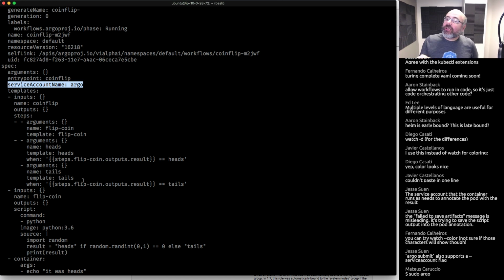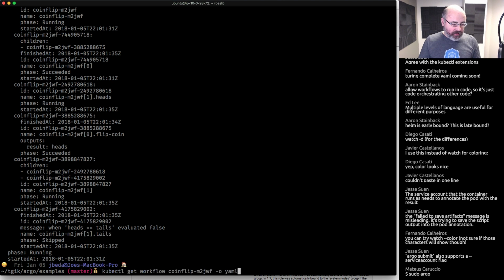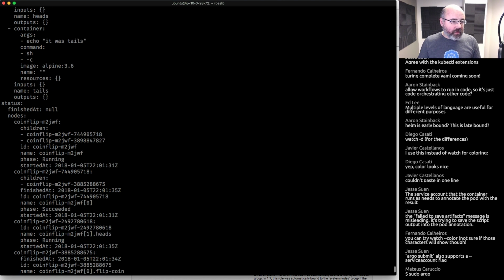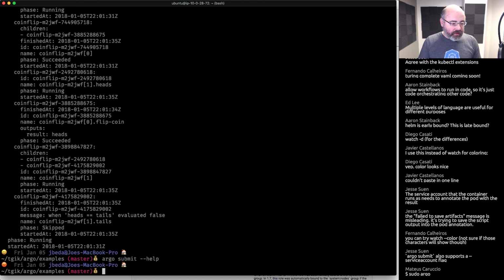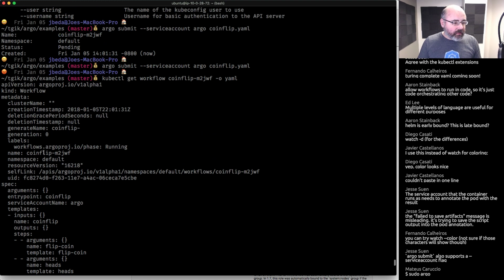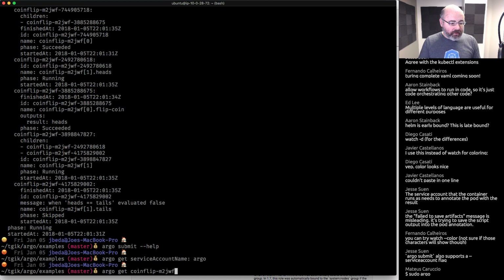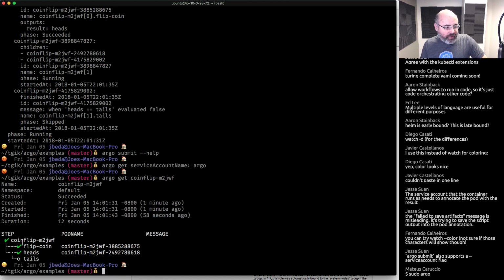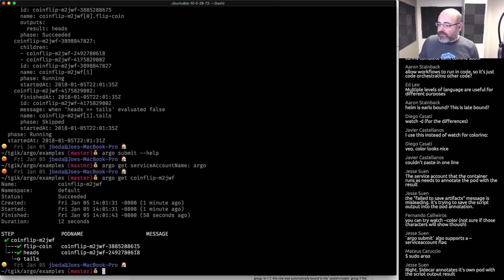It's interesting that Argo used this, I guess it was probably the sidecar that was modifying its own pod definition to save the output. I bet that was what was going on here. So now I can do argo get. Oh, what was the name of this thing again? So we did the coin flip thing. It flipped the coin, and it landed on heads. So the sidecar annotates its own pod,